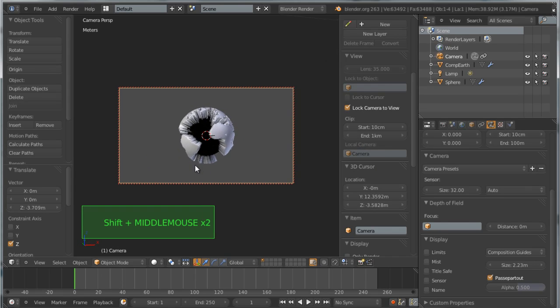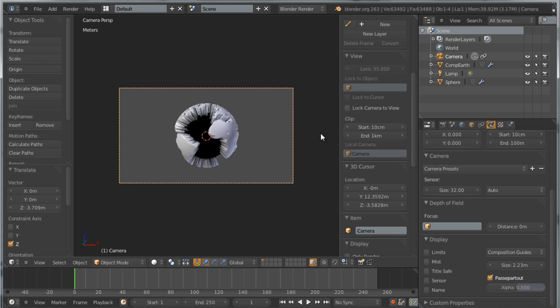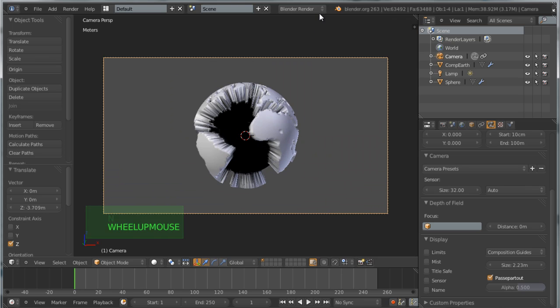Alright, so I have a good general view of Earth. Now I'm unlocking this camera to view icon, and let's go ahead and switch over first to